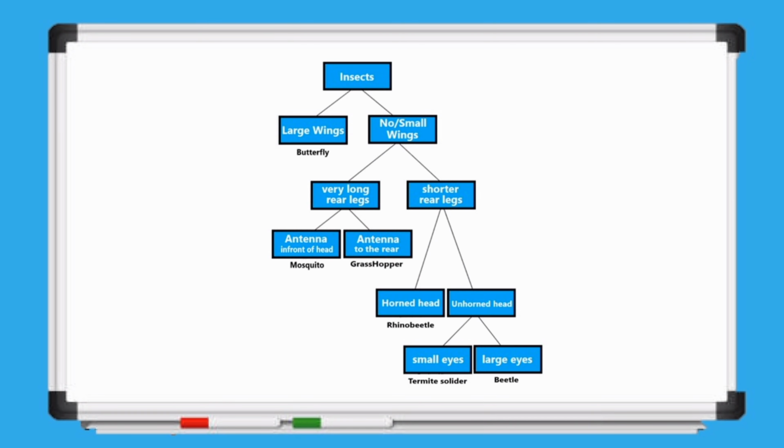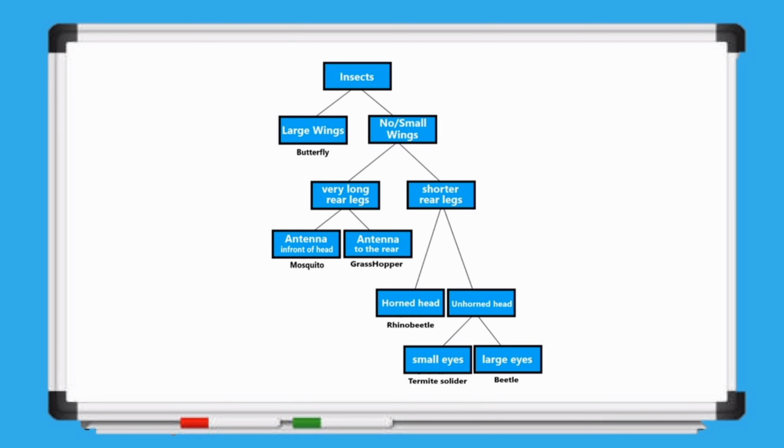If it has no or small wings, the next question asks whether it has very long rear legs or shorter rear legs. If it has long rear legs, the next step checks the position of its antenna. Antenna in front of the head identify a mosquito, and antenna to the rear identify a grasshopper. If the insect has shorter rear legs, the key asks if it has a horned or unhorned head. A horned head identifies a rhino beetle, while an unhorned head leads to the final question, whether it has small